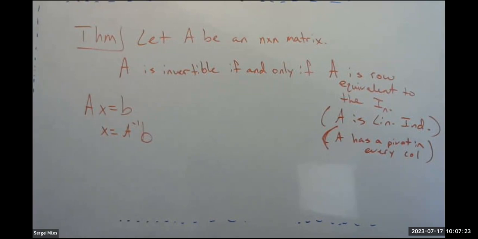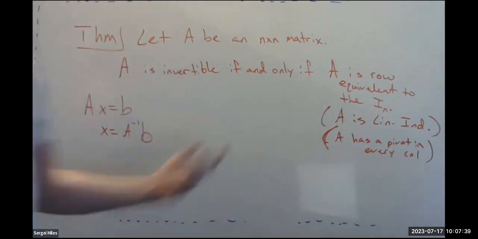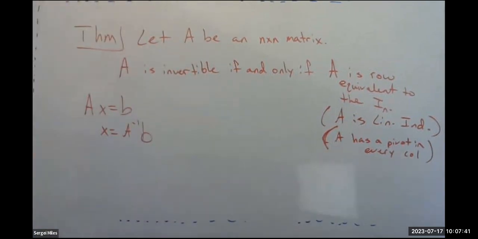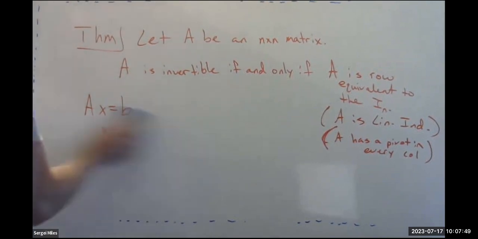Why? Well, if it's square like a 2x2 and you have a pivot in every row, that means you have two pivots. That means you also have a pivot in every column, right? And vice versa. So the fact that we have a solution for every possible B tells us that A has a pivot in every column, it has a pivot in every row, it's linearly independent, it's row equivalent to the identity, okay? How can we go in the reverse direction? Well, in the reverse direction,